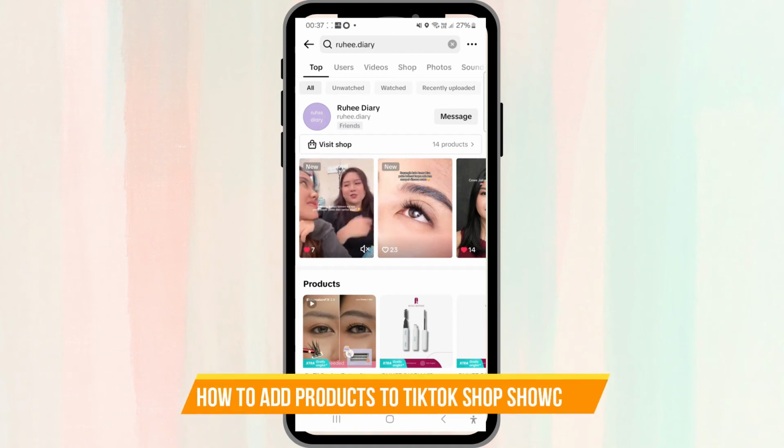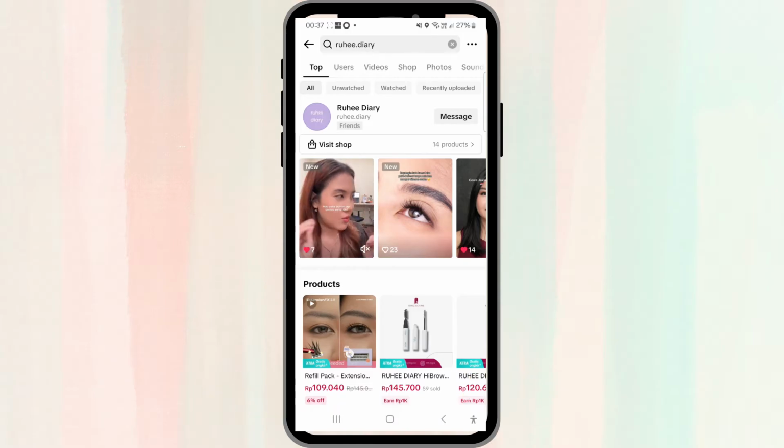Hello everyone, in this tutorial I'm going to show you how to add your product to a showcase on your TikTok shop. If you're not familiar with what showcases are, basically if you own a TikTok shop and you would like to make sure that people will be able to see your product on your TikTok account, you will want to make sure that your product is available on your showcase, and I'm going to show you what I mean